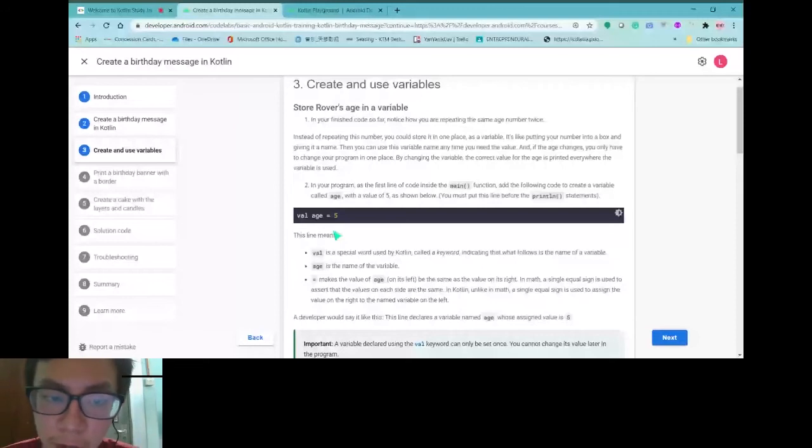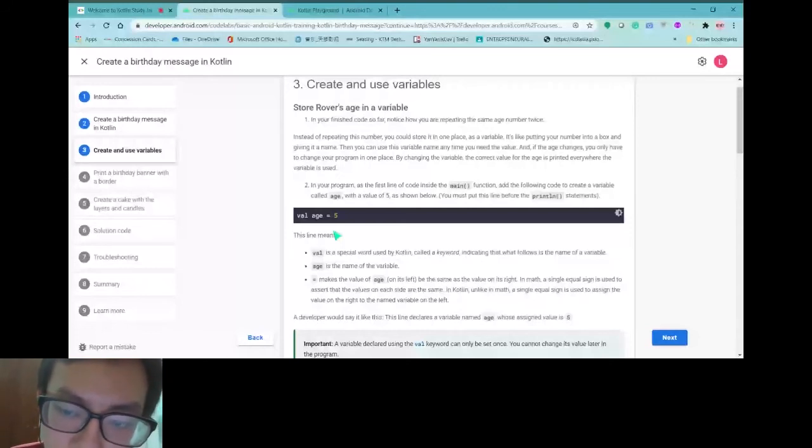After the val, if you write, for example, age, the age is a variable, and then equals, if you write equals 5, this means here the age is a variable that serves as a container that contains this kind of thing.